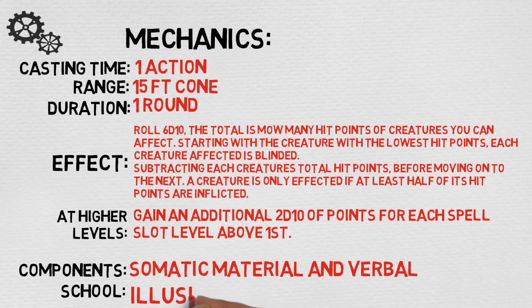Anyways, let's take a quick look at some mechanics here so we get the gist of what it is. The cast time is the standard one action. The range is a 15-foot cone, the duration is 1 round, and the effect at a glance is as follows. Roll 6d10, the total is how many hit points of creatures you can affect. Starting with the creature with the lowest hit points, each creature